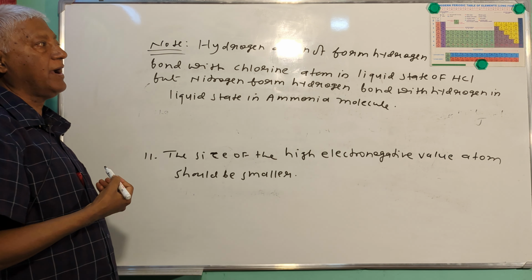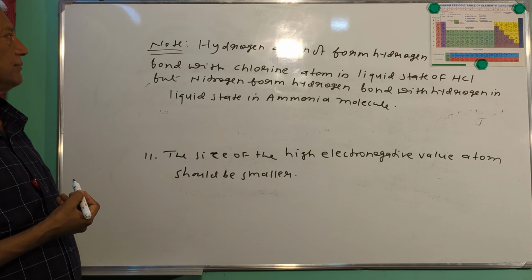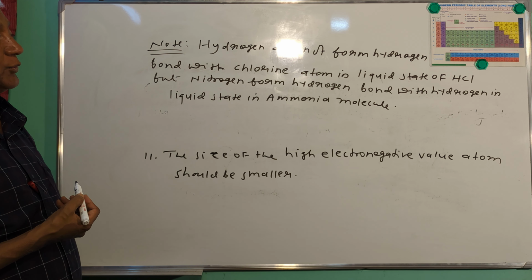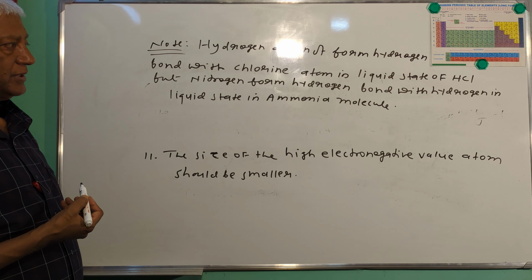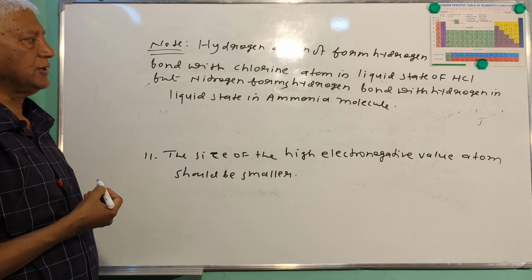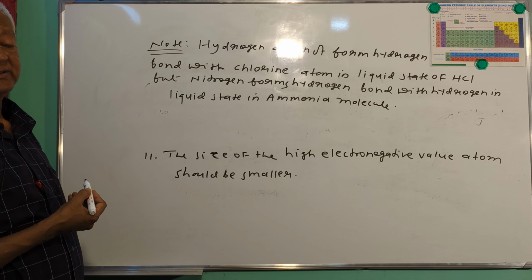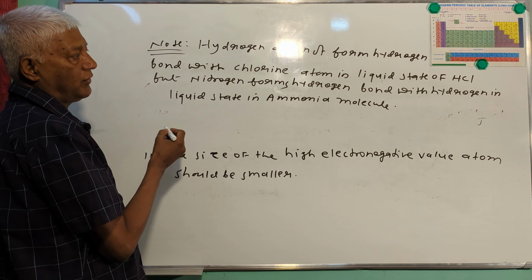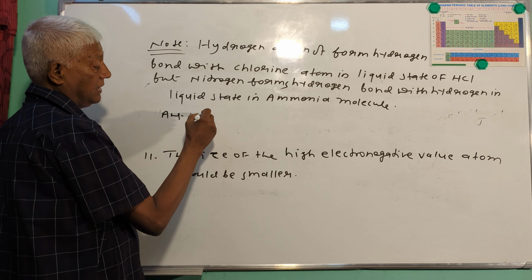So the question arises: why does the hydrogen atom not form a hydrogen bond with the chlorine atom in the liquid state of HCl, but nitrogen forms a hydrogen bond with hydrogen in the liquid state in the ammonia molecule? So now the question arises, why? The answer to this question is the size of